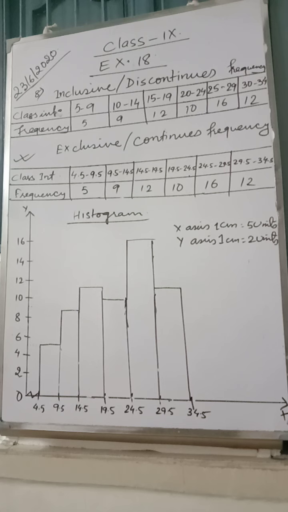Same thing happens with the cumulative ones. When we have cumulative frequencies, you have to get the frequencies that we have in question number 9. Once question number 8 is done, we'll be doing question number 9. Hope this is done.